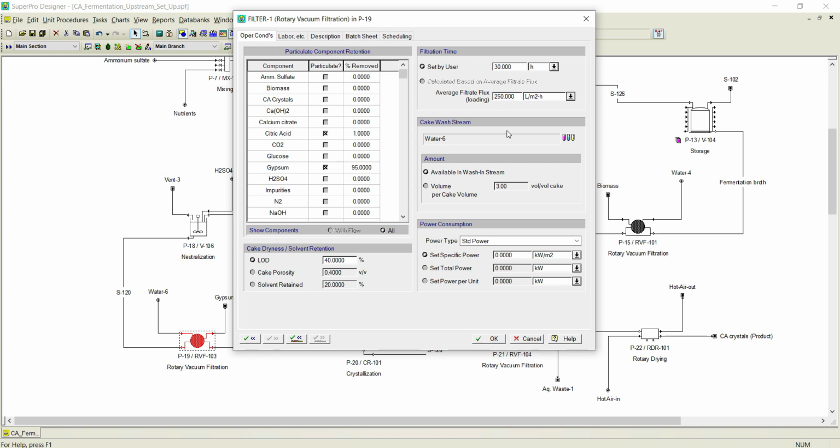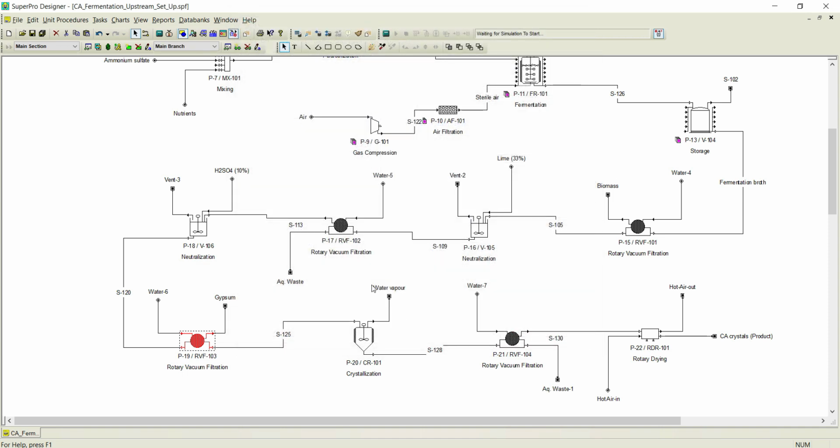With default flux, the cake water required to wash the cake is 0.6 volume per volume of cake, and loss on drying is 30%. So the rest we go with the default values. Click OK. So now in the continuous